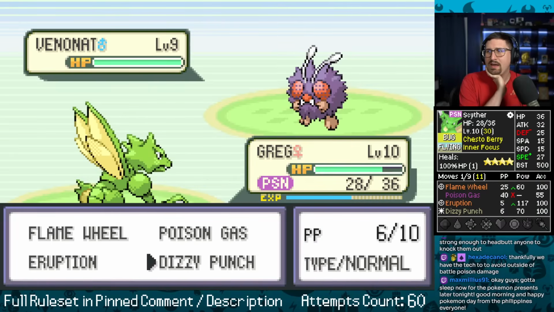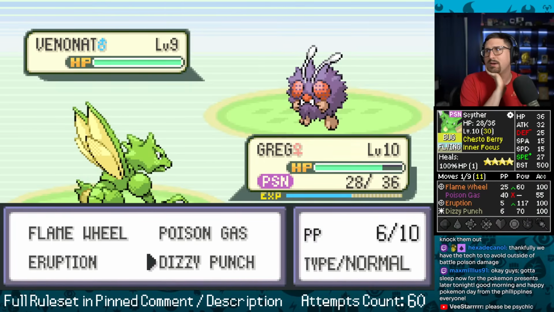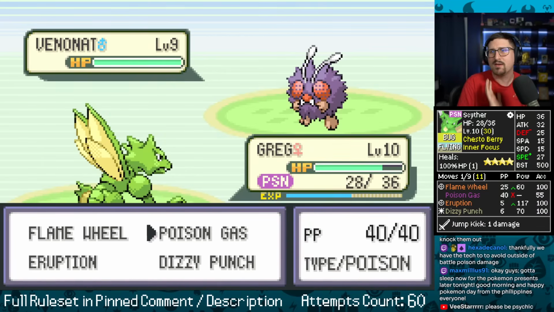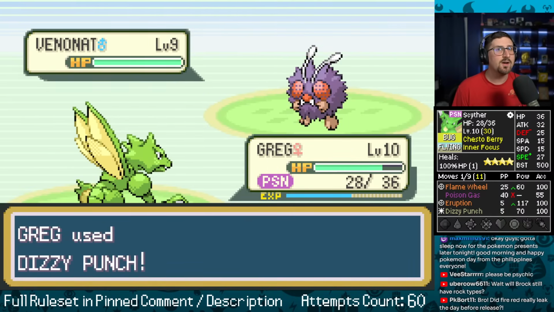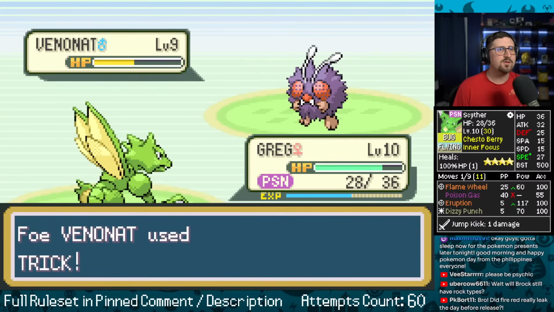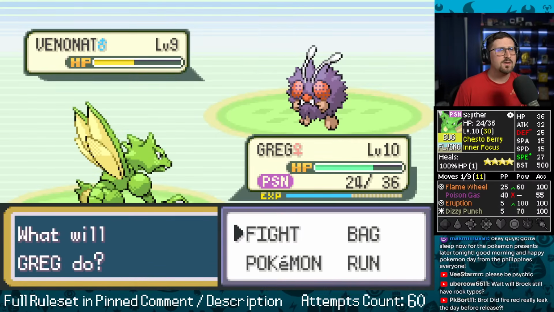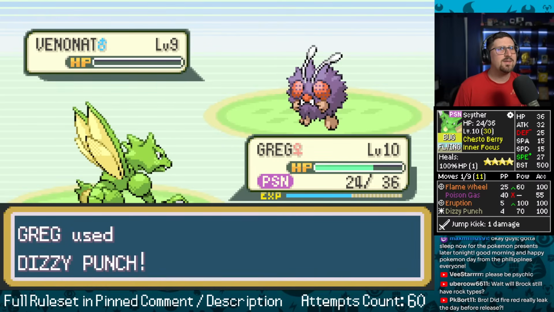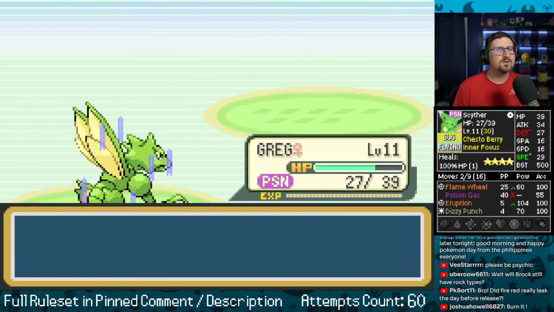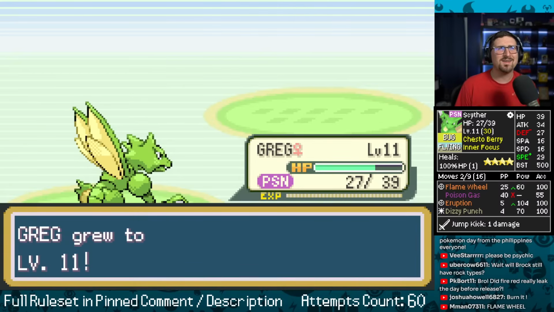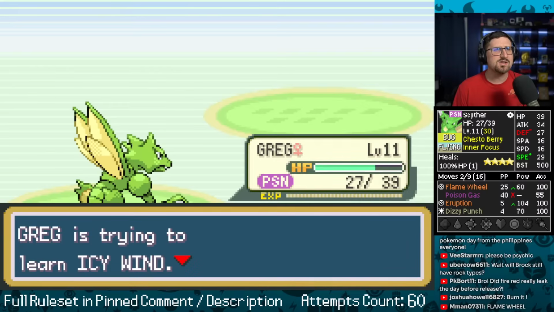Eruption does hit heavier, but my special attack stat is way lower than attack. I think Dizzy Punch is still optimal. I actually think I'm going to survive, believe it or not. Just sucks to have to use my heals. Trick? I think I'm still going to have to use my healing item to get out. It's going to be close. I didn't do the stats. It's like 20. There are some tricks you could do, actually.